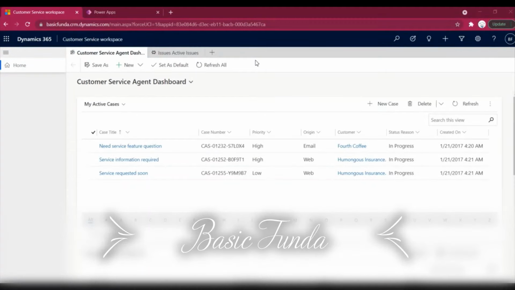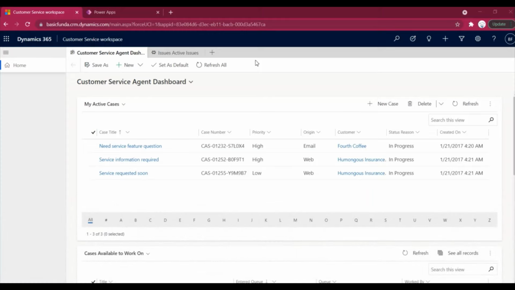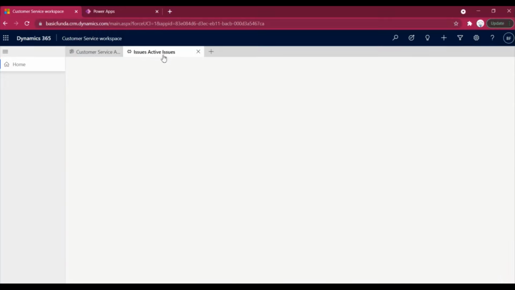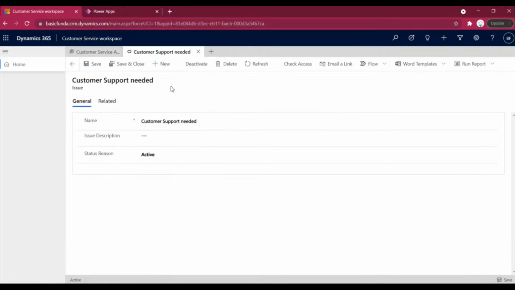In today's video, I will tell you about the exciting and coolest feature recently launched by Microsoft, which is currently in preview mode, but that will give us the ability to add, update, or customize our ribbon buttons within the Power Apps. So let's take an example to add a button onto our form, any of the forms. For example, I have created an issue entity. So let's try adding a button onto the command bar onto the main form with a new feature.